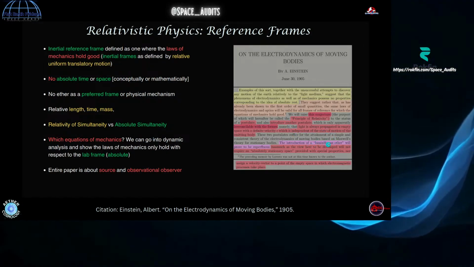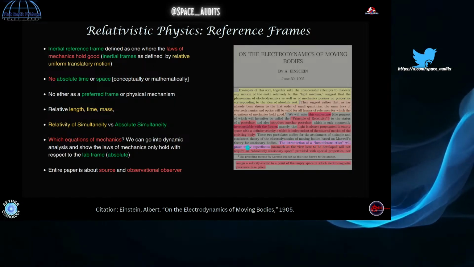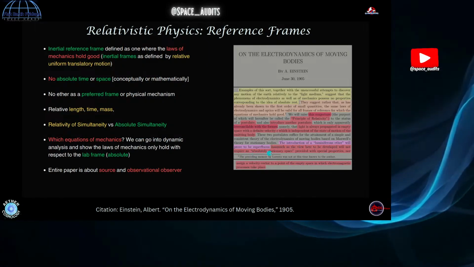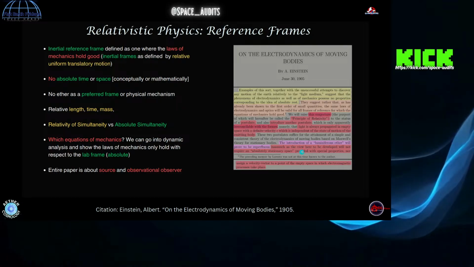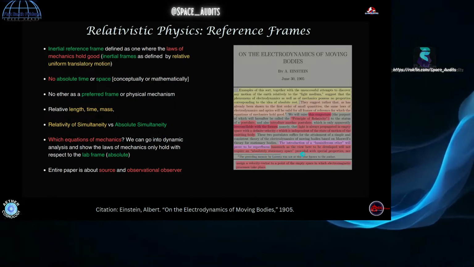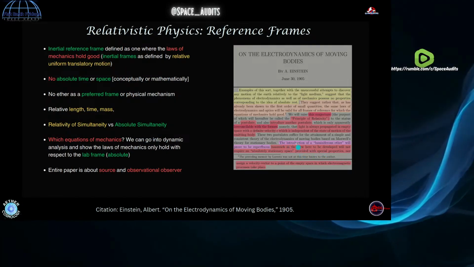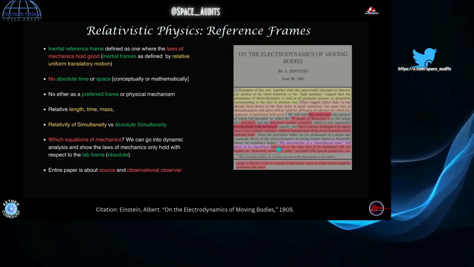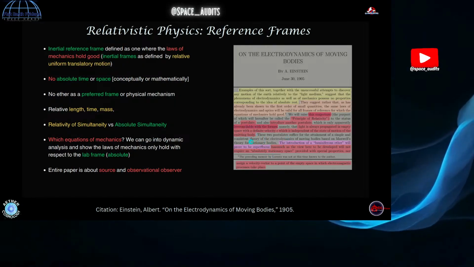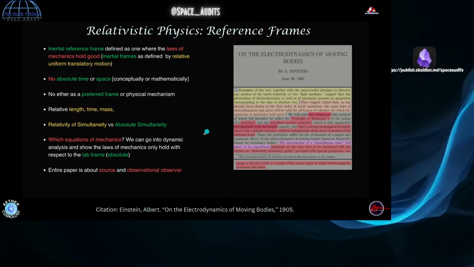Okay, and then he goes on to say that the introduction of a luminiferous ether will prove to be superfluous, inasmuch as the view developed here will not require an absolutely stationary space provided with special properties, nor assign velocity vectors to a point in empty space in which electromagnetic processes take place. So this will be really important when we get into interferometer experiments, where fictitious frames will have to be used to explain certain measurements.